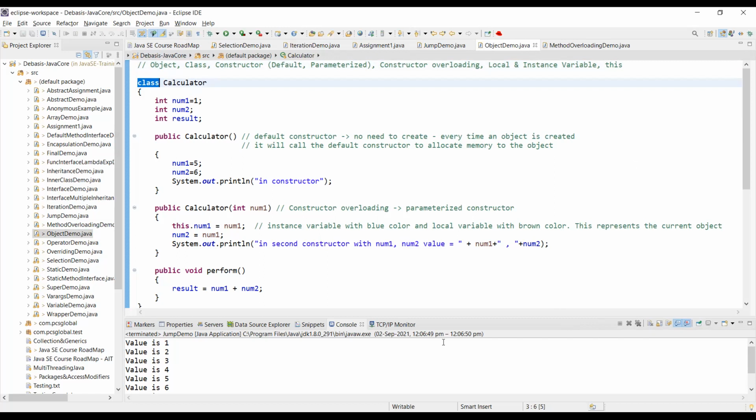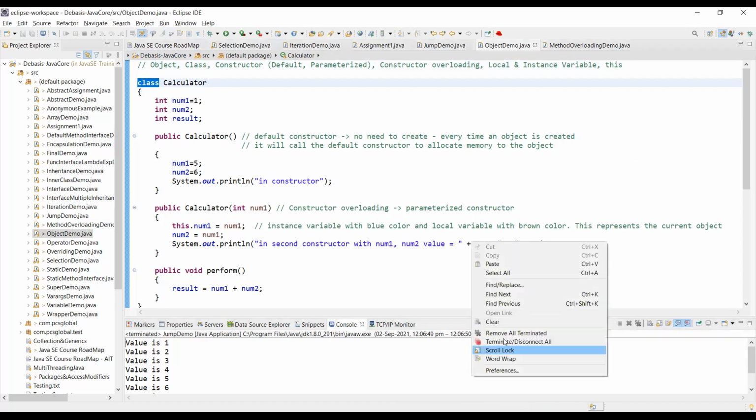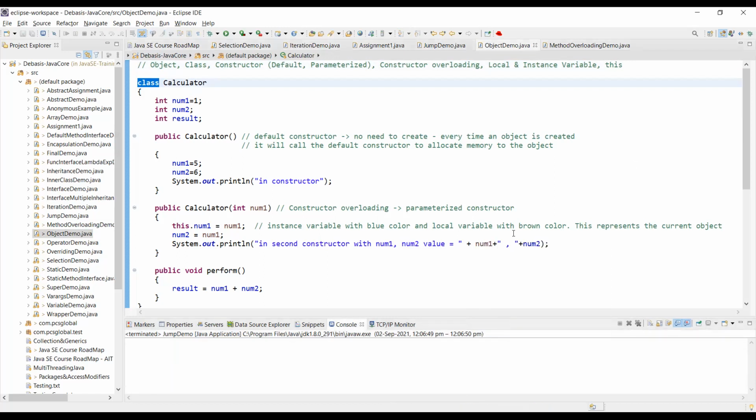Yes, sir. Try. Of the object. Class is what? Sir, class is a blueprint of any type of real time entity, sir. Very good. Very good. Class is a blueprint. That is the word. That is the word. Class is the